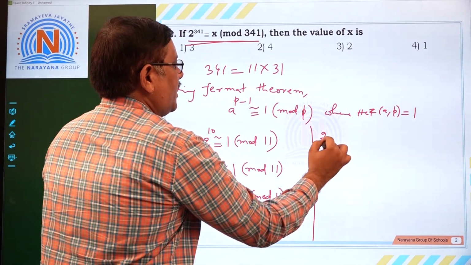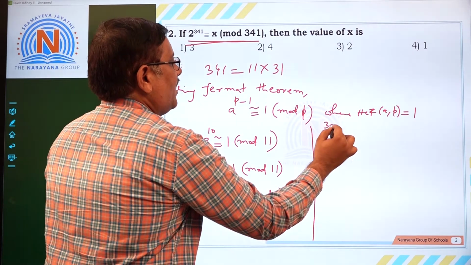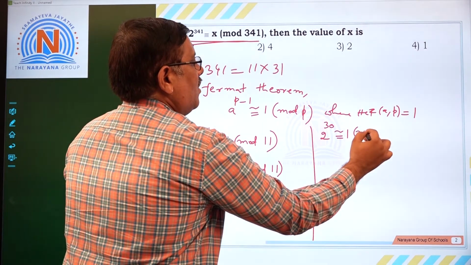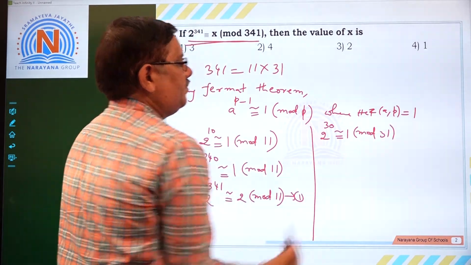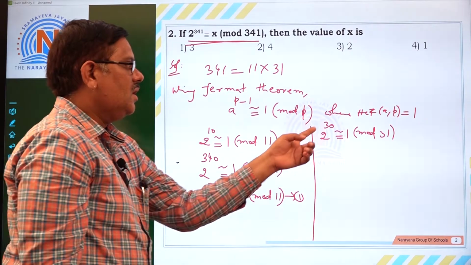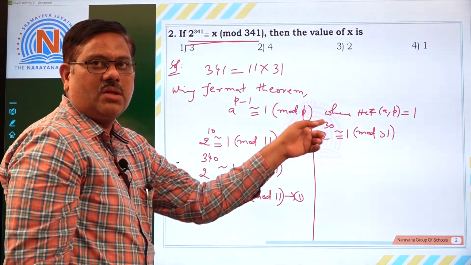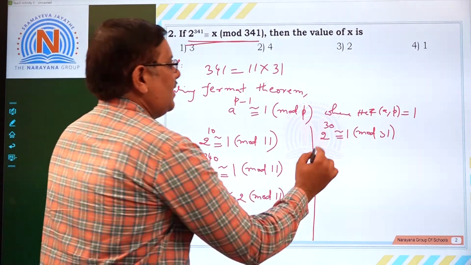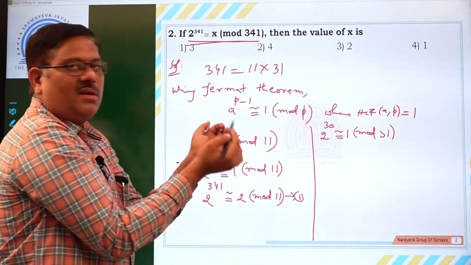Using the same Fermat theorem, we can say 2 to the power of 30 is congruent to 1 modulo 31. Again, 2 and 31 are prime numbers, so they are co-primes of course. So 2 to the power of 31 minus 1, that is 2 to the power of 30, is congruent to 1 modulo 31. Now let us raise the power of 2 to the power of 30